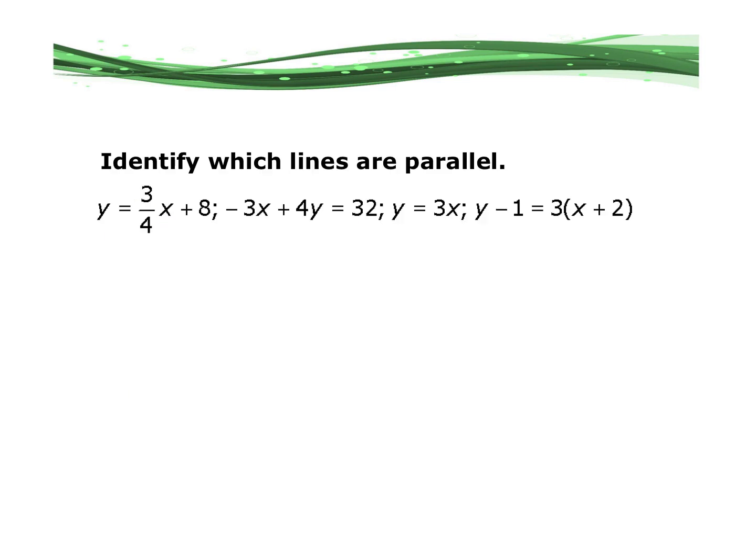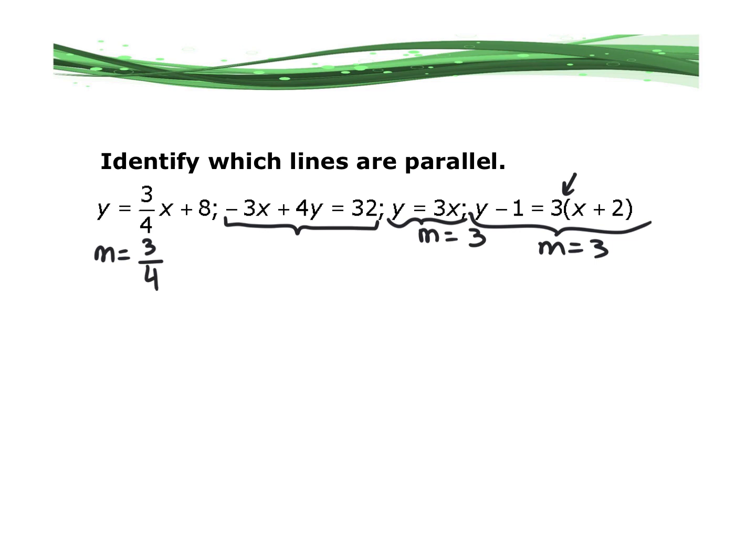All right, so to identify which lines are parallel, we're going to write the slopes down. This one, I can't write it just yet. The slope for this one is 3. And the slope for this one is also 3. Again, the slope for point slope is just that one. Now, for the one I have to solve because it's in standard form,